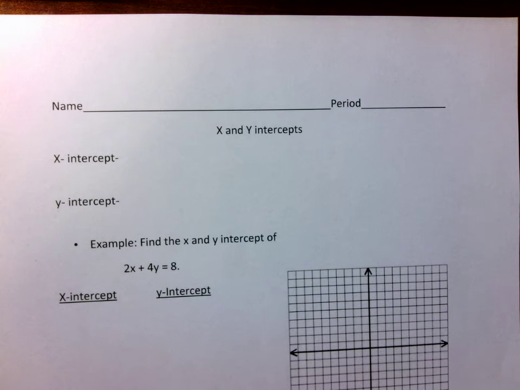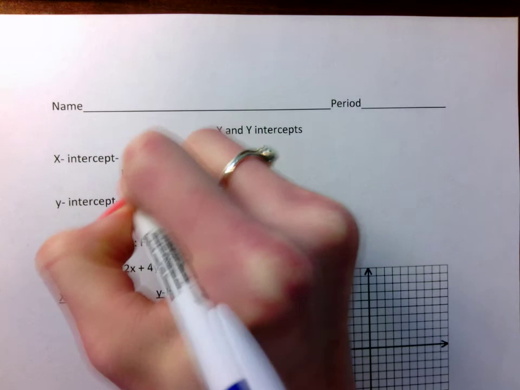This is going to be a really quick, simple review of x and y intercepts when you're graphing lines and how to find them when you are just given the equation of a line and you don't necessarily want to graph it. So if you remember, x-intercept is the point